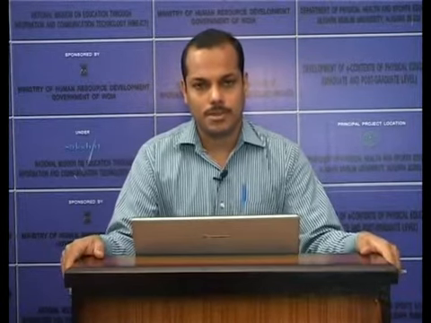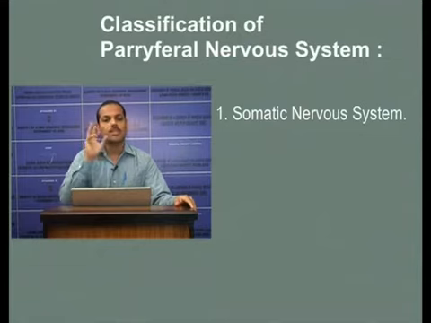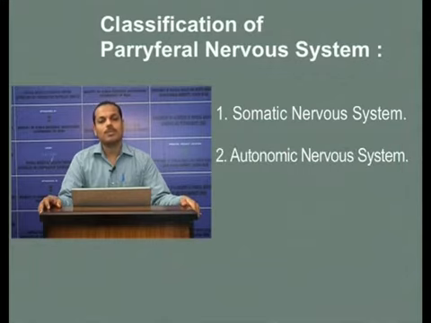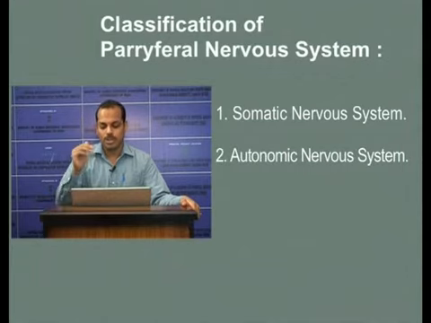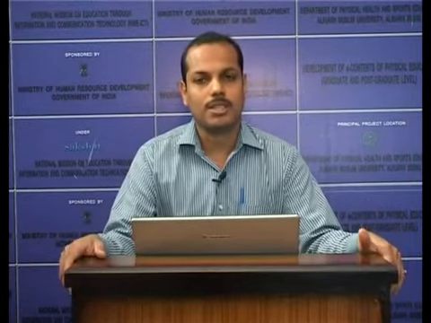We already discussed that the nervous system can be classified into two, a central nervous system and a peripheral nervous system. Now, the peripheral nervous system can again be classified into two: a somatic nervous system, which is the voluntary nervous system, which supplies the skeletal muscles and relays information to and from the skin and the skeletal muscle. Then there is the autonomic nervous system, which is involuntary and relays information to the internal organs. Again, the autonomic nervous system can be divided into the sympathetic nervous system and parasympathetic nervous system.